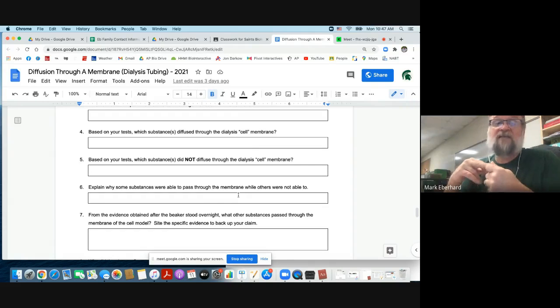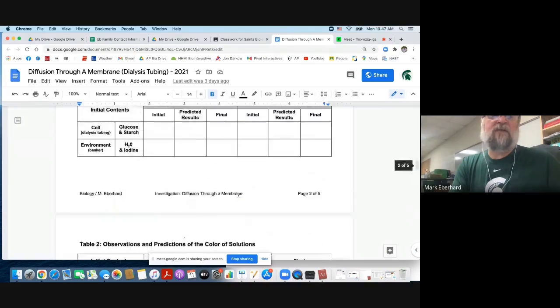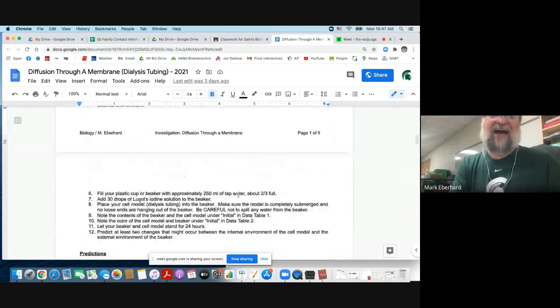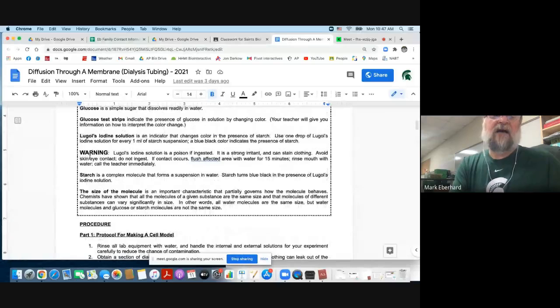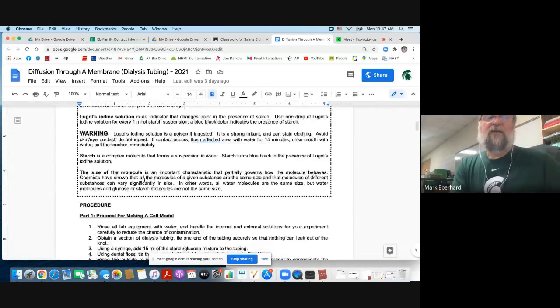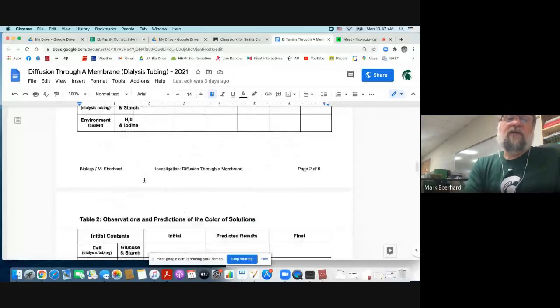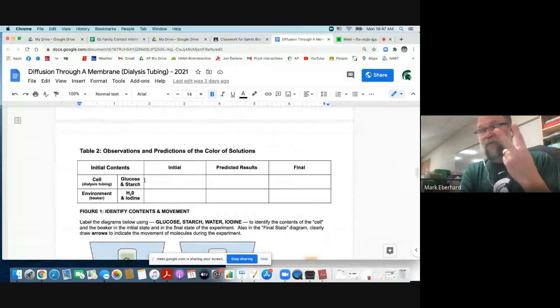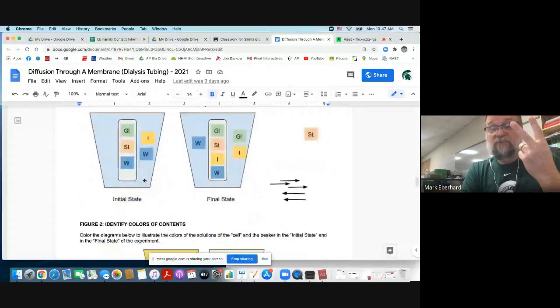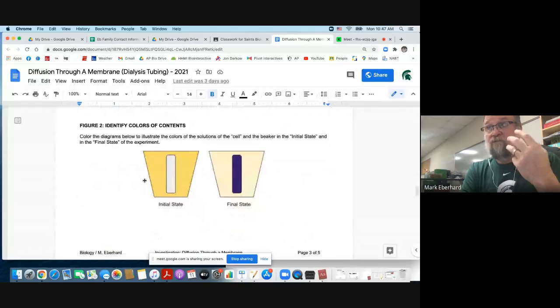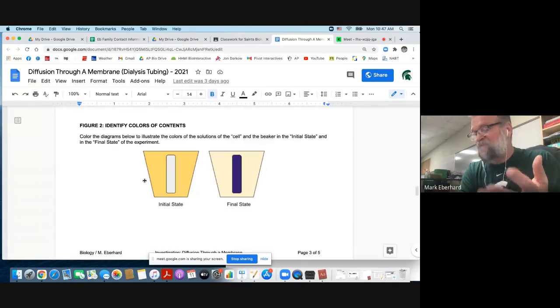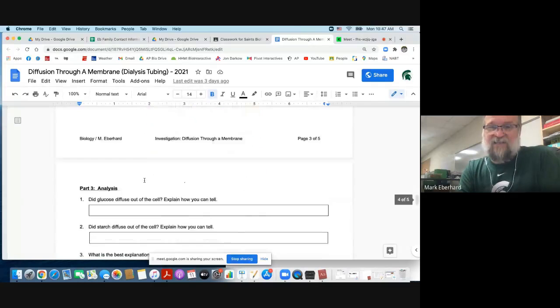Number 6, explain why some were able to pass through and others were not. Really, you need to go back up to the background information about the size of the molecule. If you look at the background information, iodine is the smallest. It's made up of 2 atoms. Water is also very small. It's only made of 3 atoms, H2O. So water and iodine are extremely tiny, extremely small,